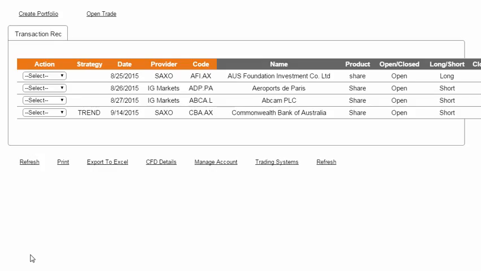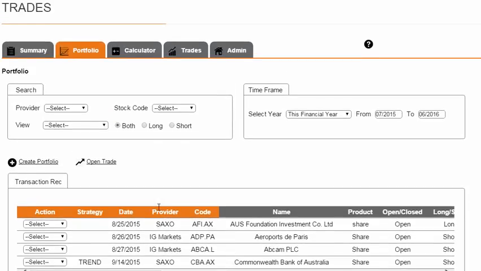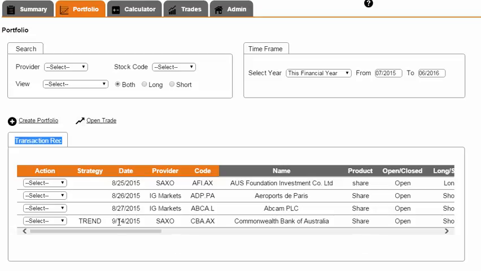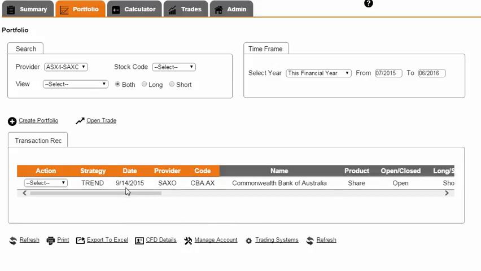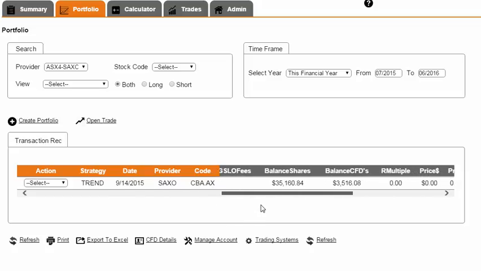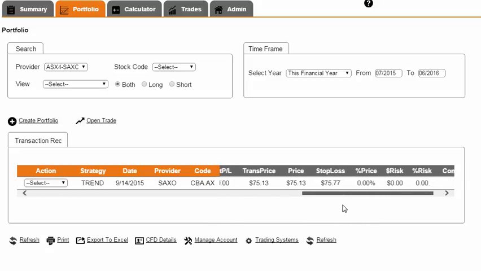Saving it here will take it into the portfolio transaction page, which is here, still in the portfolio page, but you'll see here transaction records. So that trade has loaded up with all the other trades here. I can just go in and choose my provider or my portfolio here and only display those trades that are in here. In this section, I can scroll through to see how many days in a trade, quantity, buy, sell, buy fees, total fees, overnight financing, balance in CFDs and in shares, R multiples, all these sorts of important